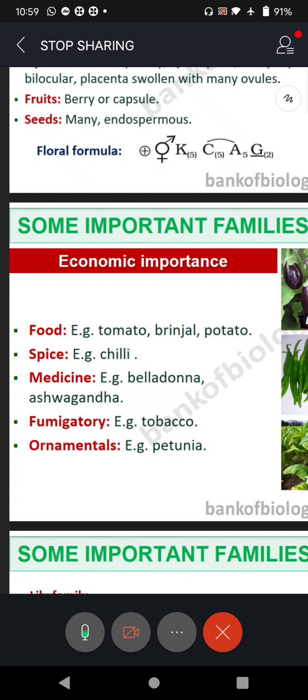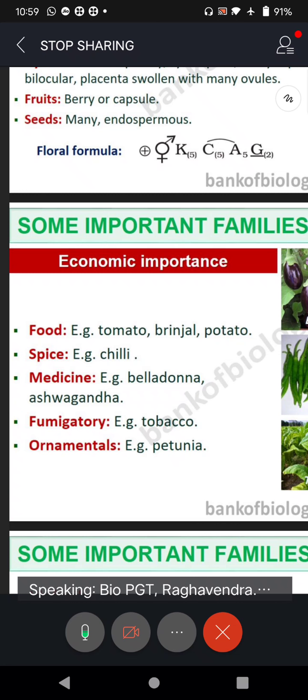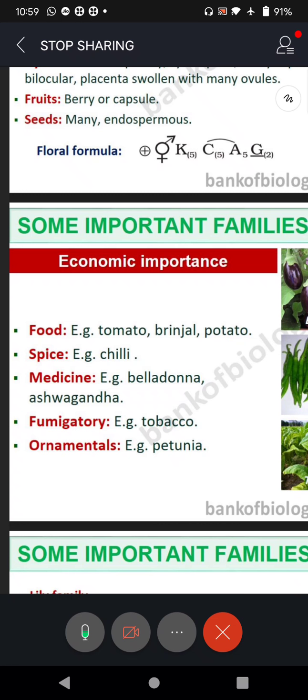And a medicinal one, there is a plant called belladonna. And this belladonna plant's stem particularly is very, very useful. They are using it in homeopathy. In homeopathy medicine, the very name is called belladonna. So it controls fever, cold, cough, all that. And of course, the main property of this belladonna is controlling the BP also. Okay, blood pressure. So belladonna is used as a medicinal plant.